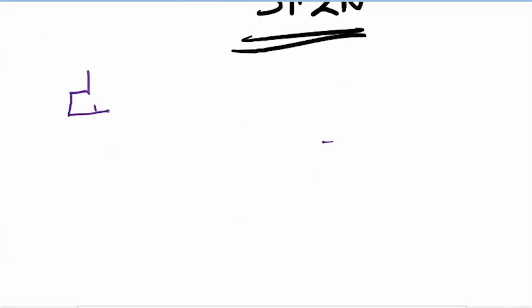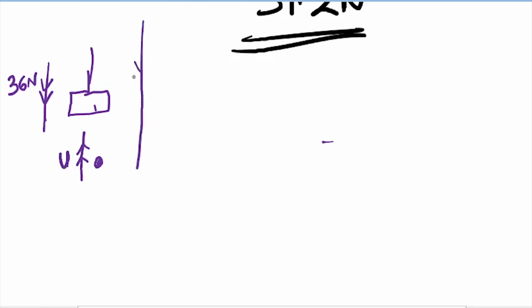This is the metal right there. It is experiencing a force acting downwards. That's the weight in air, which is 36 newtons. But when I put it in water, it experiences a certain force, which we do not know. Let me call that the upthrust force. We do not know the amount of upthrust force, but it causes the overall force here, the resultant force,